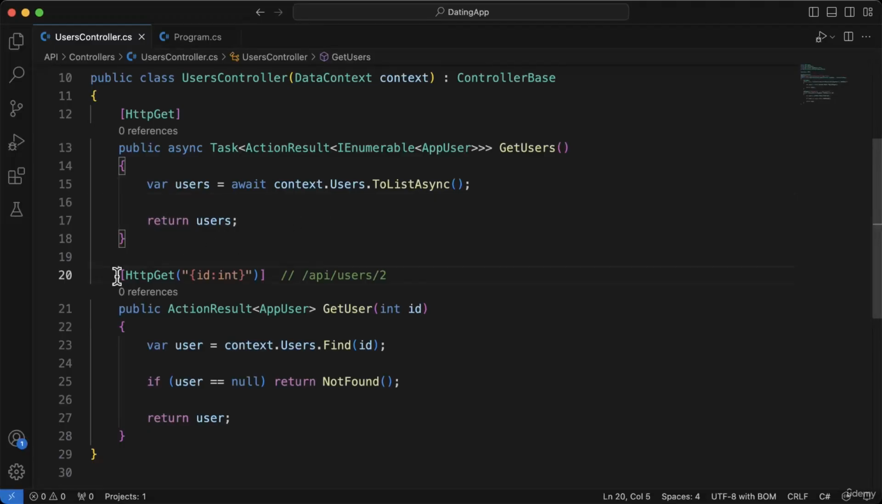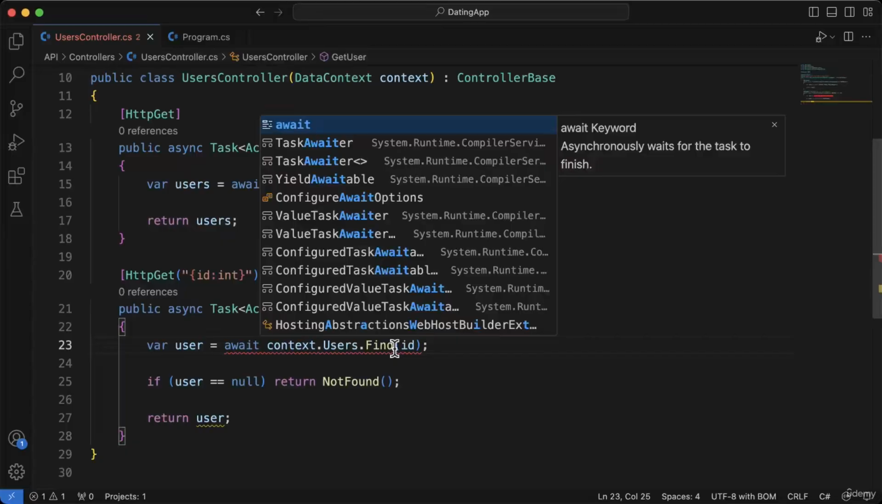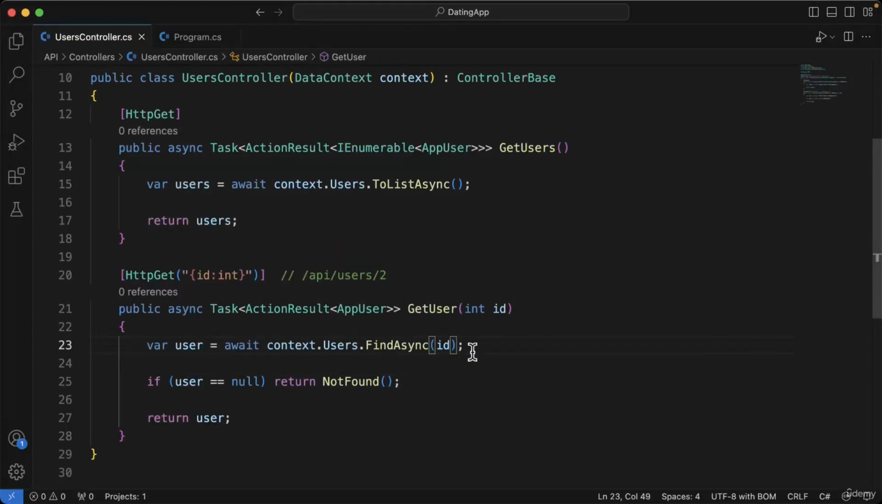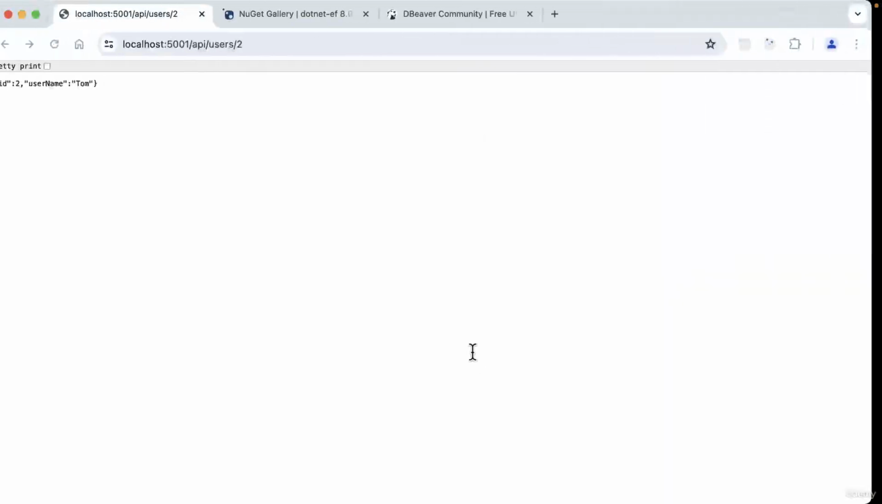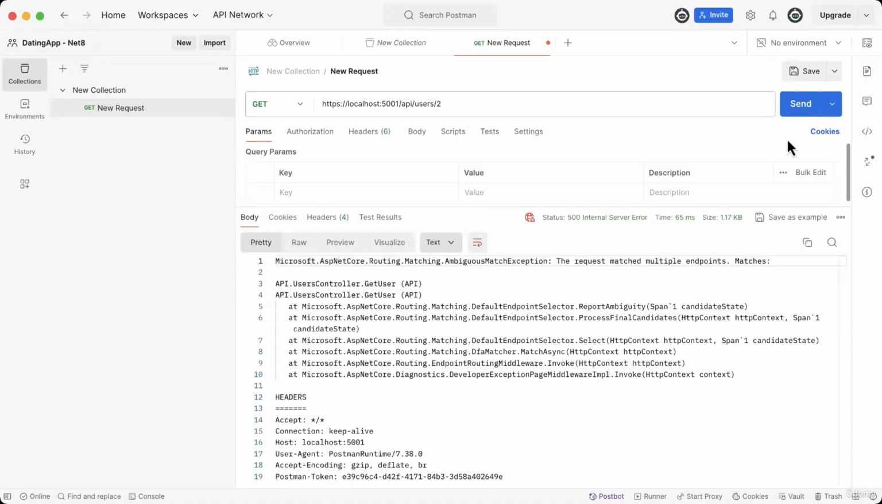And we can also do the same for the HTTP GET request here as well. Same thing again, we notify the method it's going to be asynchronous. We return a task that contains the action results, and then we have the ability to await the database request and use the asynchronous version of that method. Now what does this mean in reality? Nothing's changed. If we go back to Postman and we make the same request to go and get our users,